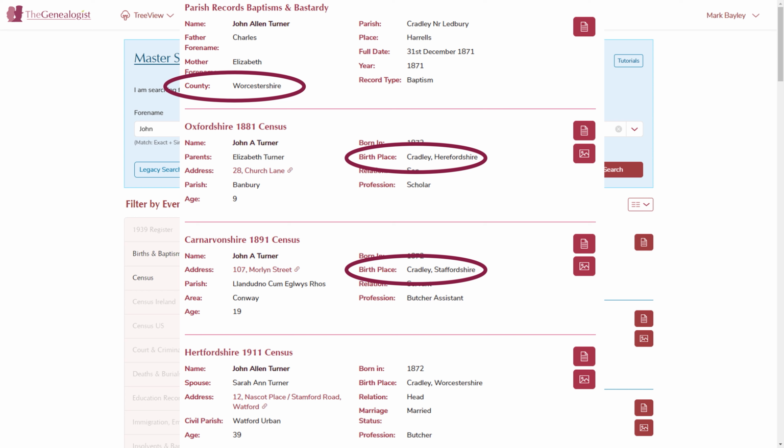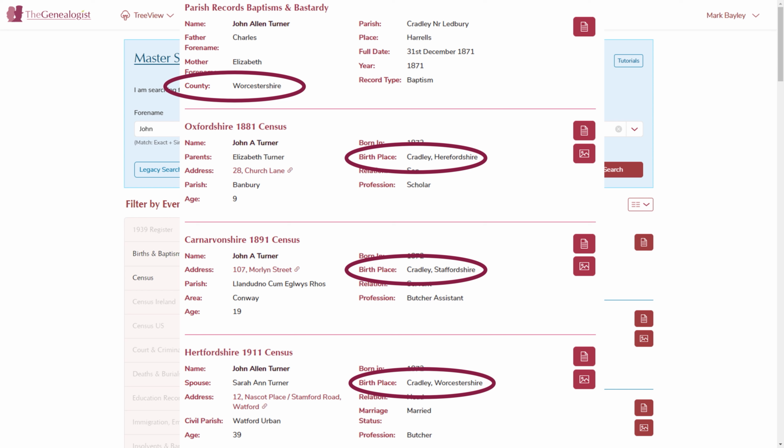And then in 1911, well, John knows where he was born himself, and obviously in 1911 you fill out your own census household returns, so he's put Cradley, Worcestershire. So that's why I've used the keyword of his parish of birth rather than his county. Now, you'll notice if you're looking at these records, there's a missing record between 1891 and 1911. What happened to the